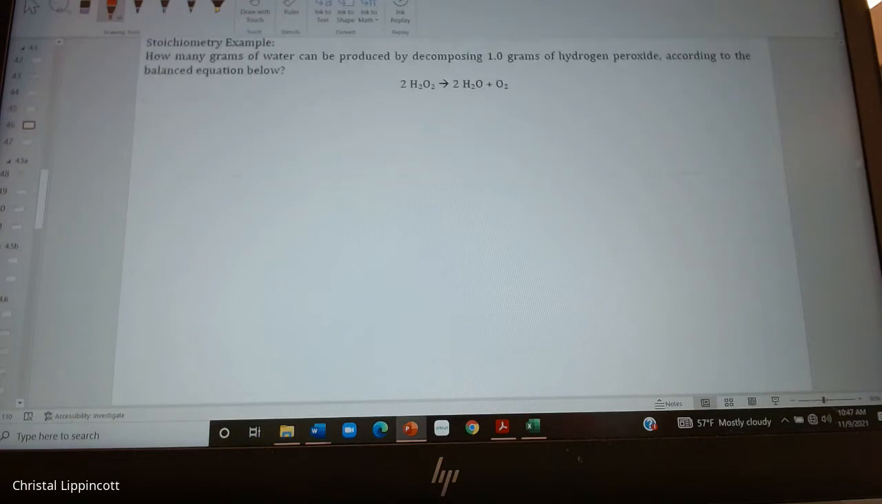So here's our first problem. We have how many grams of water can be produced from decomposing 1 gram of hydrogen peroxide according to this equation. They were nice and gave us a balanced equation. I'm going to rewrite the equation just so that I have more room to work. This is kind of small for me to write, especially with